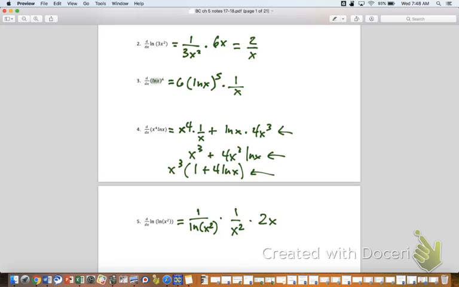Question, Dylan? So since you're taking a derivative of 1 over ln x squared, which... No, we're not taking a derivative of that. Okay. So,